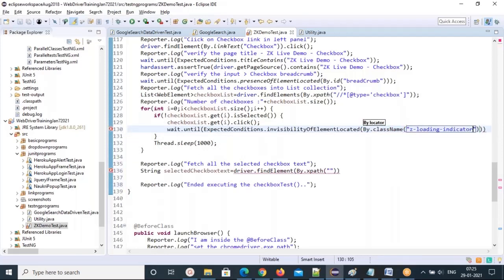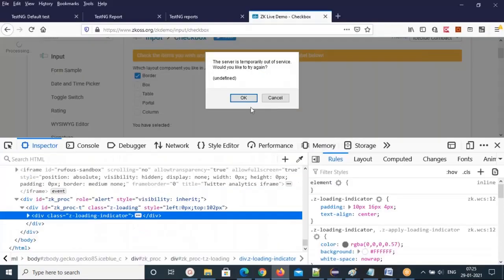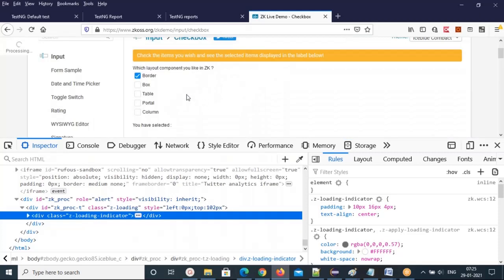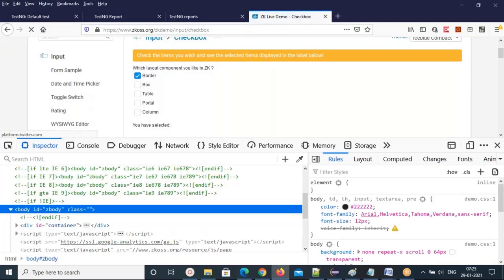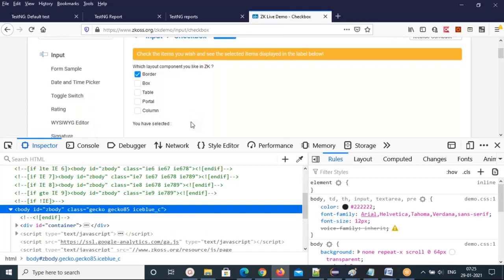So based on this loading indicator, I want to wait for the invisibility of that locator. You click on that so that the Ajax call is going to be made, so you wait for that invisibility. Sometimes you will get a screen like this. Don't worry, just refresh and it will go. So this test case is done.